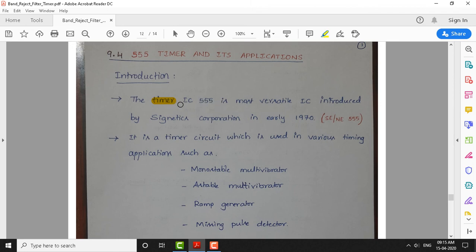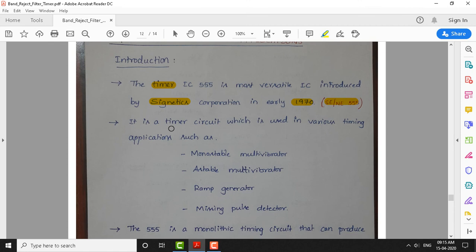The 555 timer is available in the form of an integrated circuit. It's one of the most versatile kinds of integrated circuits, and was introduced by many companies. Many industries are manufacturing this IC, the 555 timer IC. For instance, Signetics is a company that has manufactured the 555 timer since the 1970s. The naming given by Signetics is SE/NE 555. So commercially, the 555 timer is available in this naming convention.